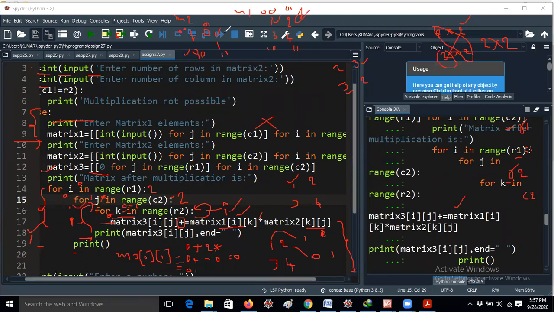M2 of 1 1 value is 1. So 0 plus 2 into 1 is 2. So it will print like this. Again the condition fails, guys. Then it will execute this print line. Because k has already iterated 2 times now, it will skip this line, and after that 1 space 2 will be printed and it will go to the new line.